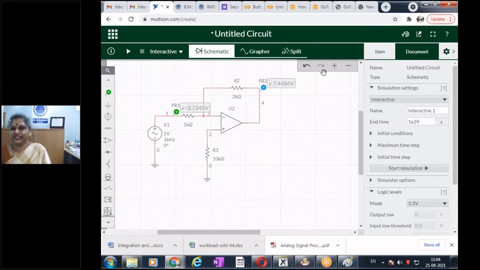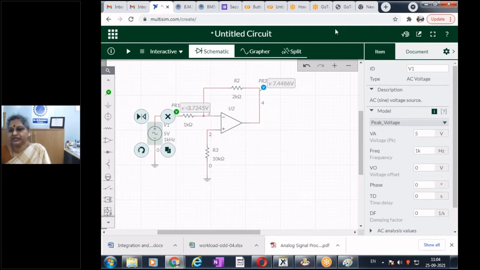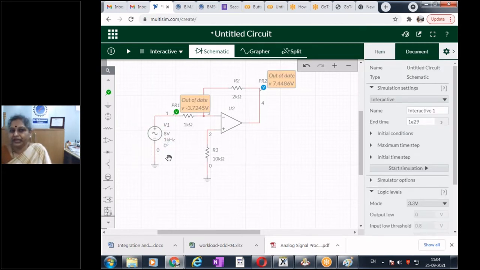Now you make a small change. So now by looking at this result, what we are saying is the circuit is linear. Now I'll ask you to make the change. Go to the input, to my signal generator. Click on the signal generator and make the voltage 10 volts, or make it say 8 volts. Make the input 8 volts. I am making my input 8 volts. The same circuit, same circuit.